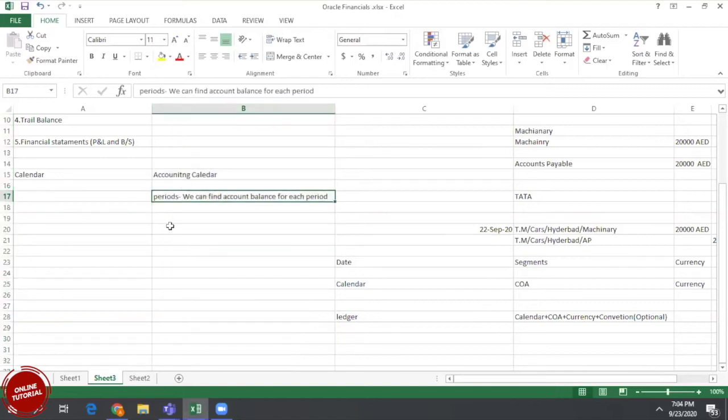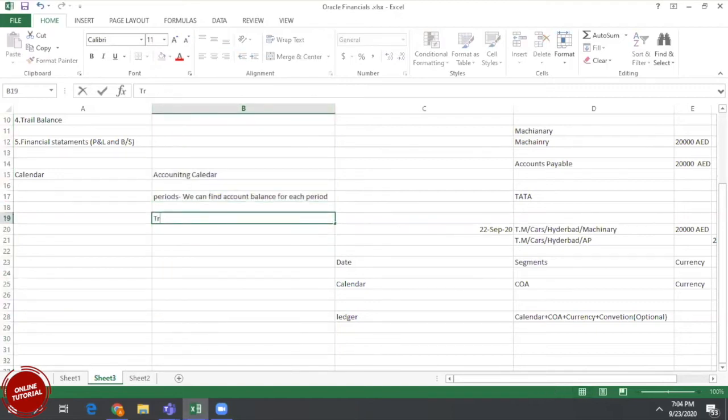There is one more calendar called the transaction calendar. This is not so significant. Many people are not aware of the transaction calendar. It tells which day is a holiday or which day is a working day. This is basically useful for the banking industry in order to determine average balances.